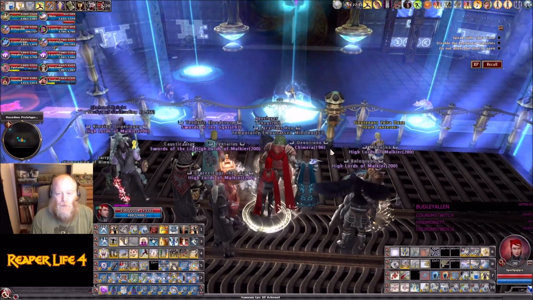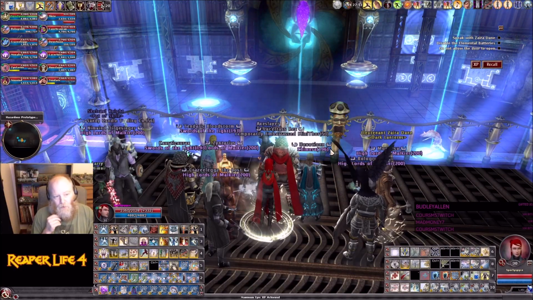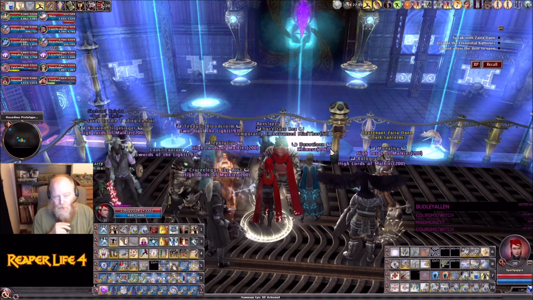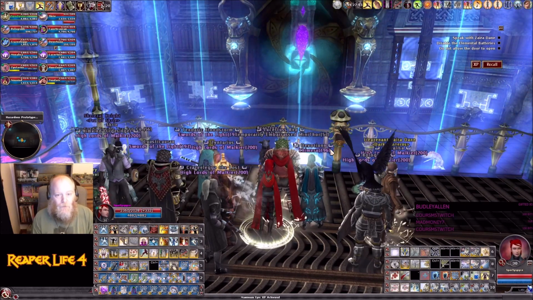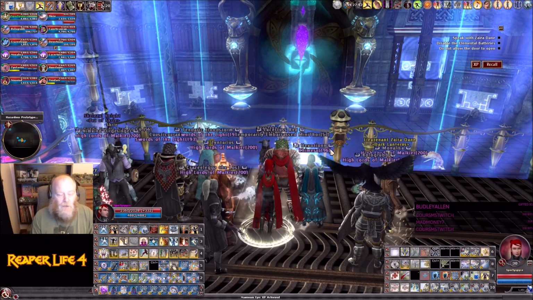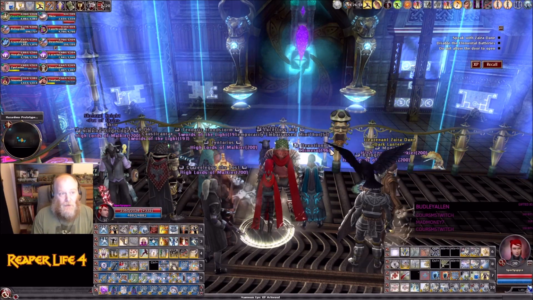So we're going to kill the bosses one by one until all 4 are dead. And after the first 2 are dead and the emissary is gone, then we're going to start sending people into elemental chambers. Once all 4 bosses are dead and all 4 elementals are killed,